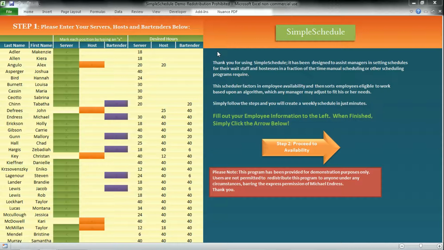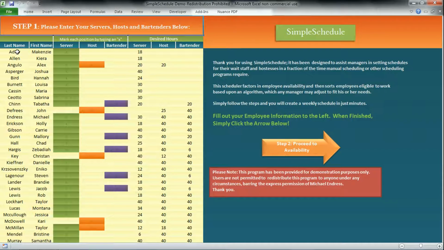It is scheduling software designed for use in restaurants. And it is unique because what it allows you to do is to provide the program a custom algorithm, and then using that custom algorithm, the program will optimize a schedule according to factors that managers deem important. So that sounds a little bit complicated, but you will see how it works as we go step by step